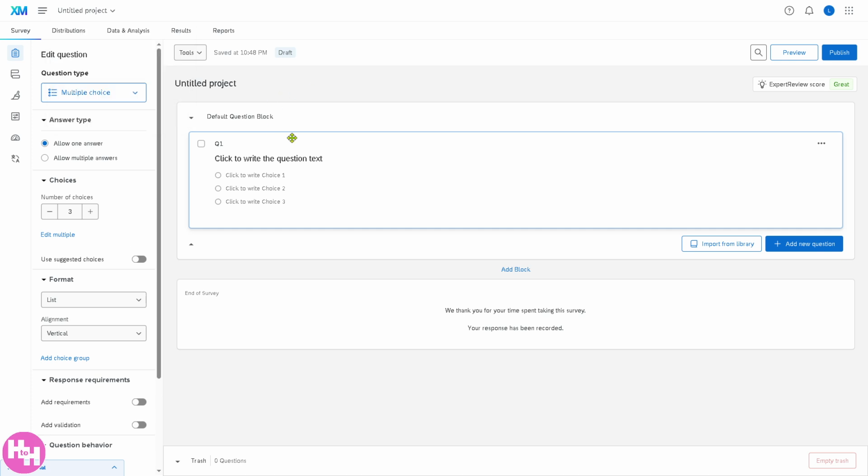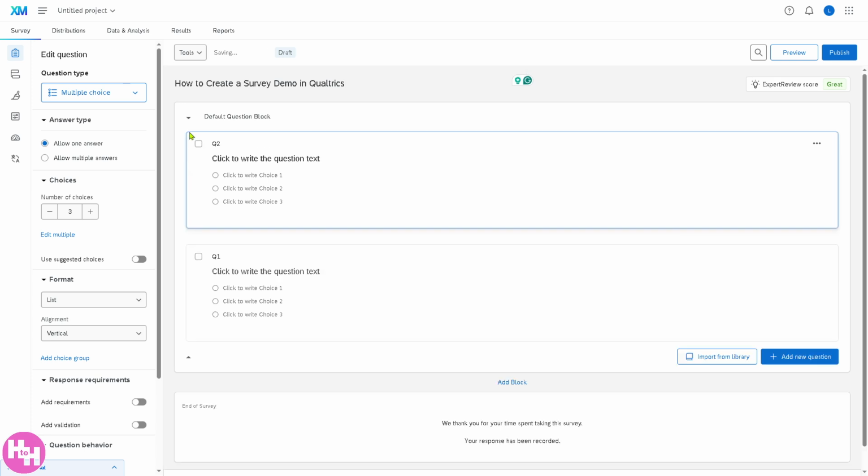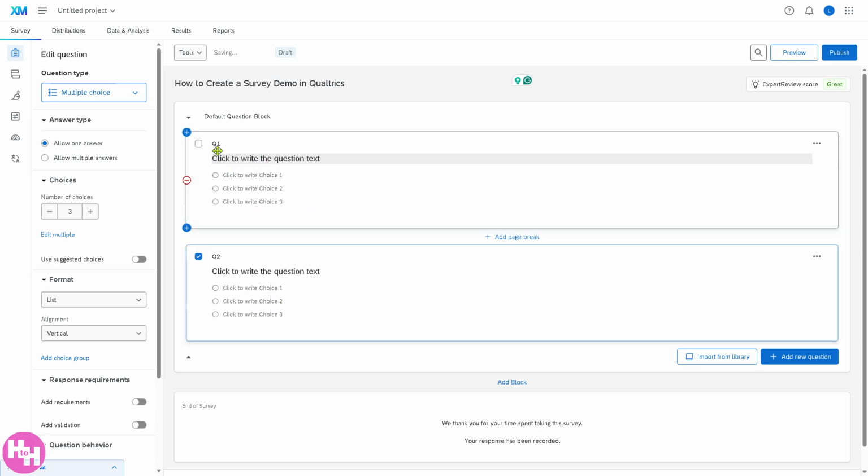Now, after doing so, you see we're going to rename our project as how to create a survey demo in Qualtrics. So the default question block are here. For question number 1, there's going to be a plus button if you want to add a new question above. All right, so the question above is, you can drag this going to the second one if you wanted. Question number 1 is,